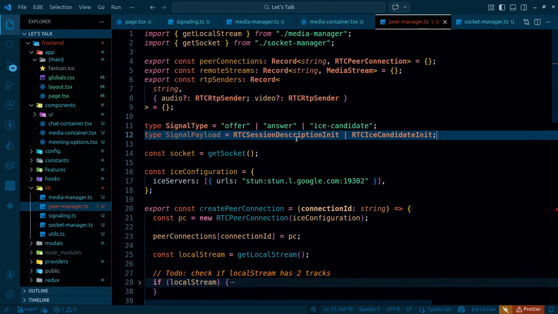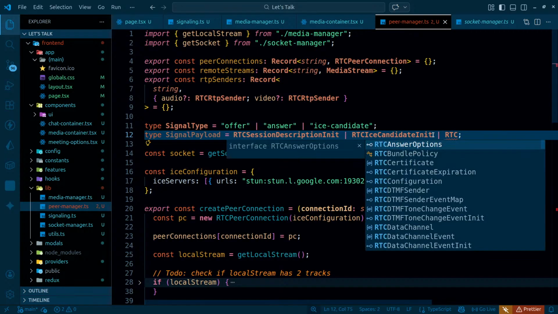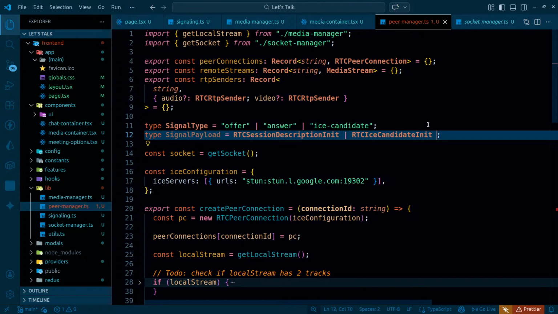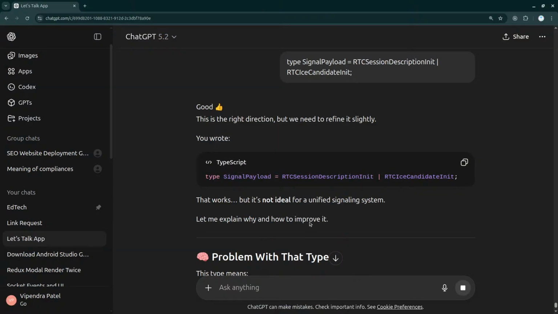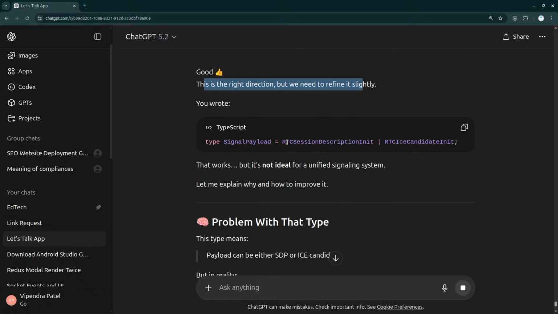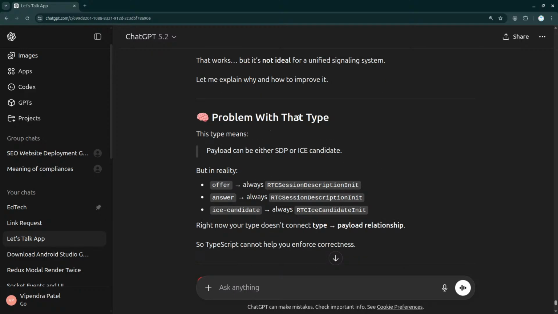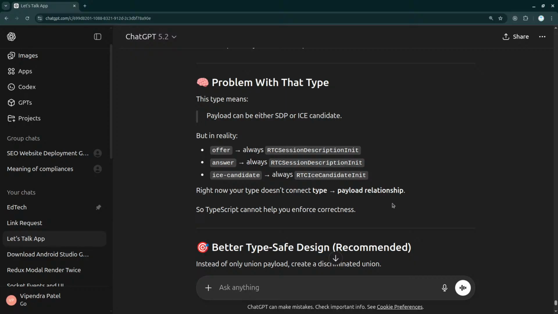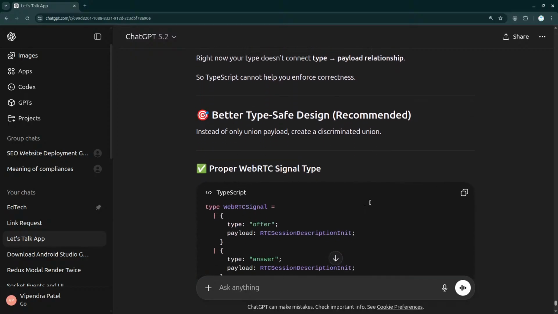And as for the answer, it is actually kind of a description, so should I be having that here as well? RTCSession. So for the answer and offer, both of them are kind of the same thing, so this much should be fine. But let's see, that is the right direction, but we need to refine it slightly. Okay, so RTCSessionDescriptionInit, okay, that works, but it's not ideal for a unified signal system. The problem with that type: offer is always this, answer always this, ICE candidate always this. Yeah, that's right. Right now your type doesn't connect the type and payload relationship. So instead of this